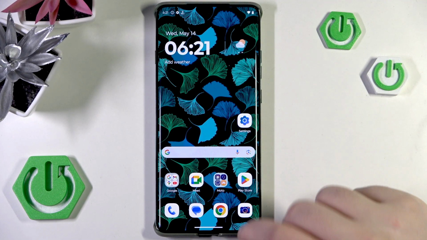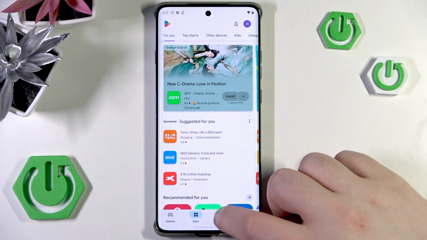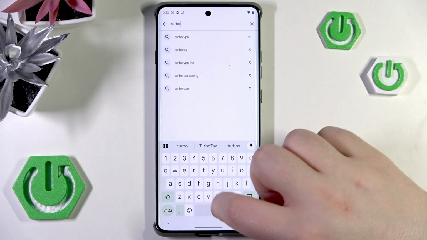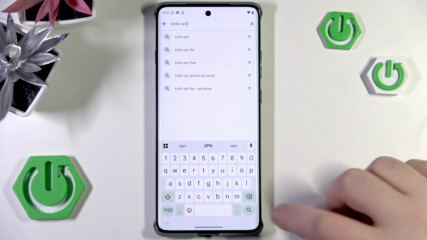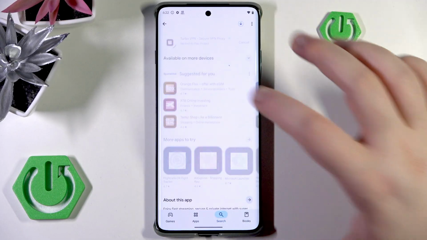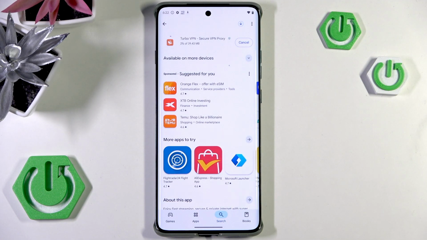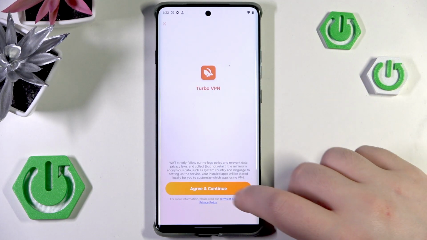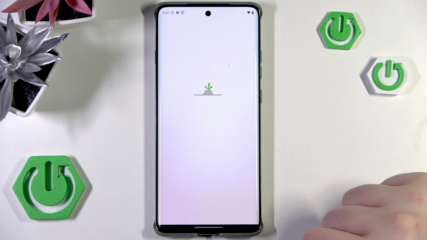So you have to start by opening your Google Play Store, then click on the search bar and type in Turbo VPN and click search. Then select this application and click install. And now click open and then click agree and continue,